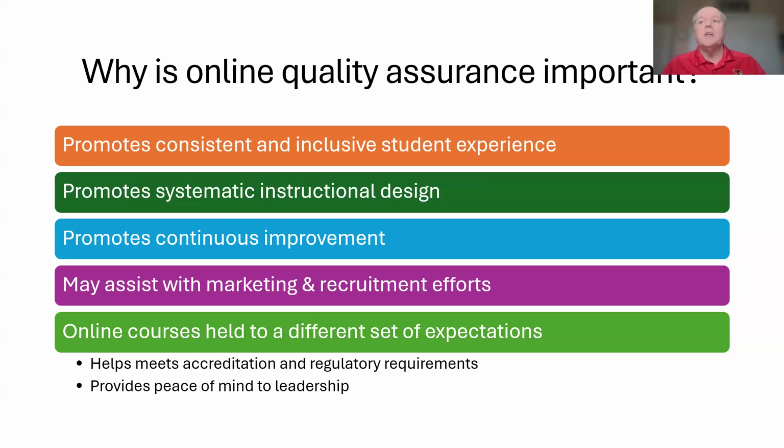It also promotes systematic instructional design. So at my institution, faculty are partnered with instructional designers to create template courses or master courses for the university. And in order to do that, and in order to promote the standards, it is necessary to use consistent principles of systematic instructional design to maintain the quality of the course.